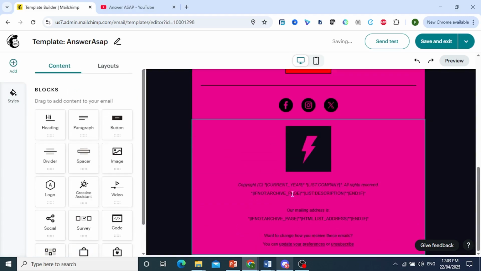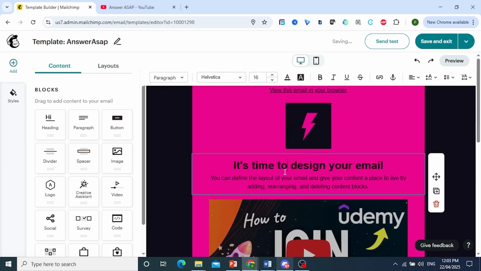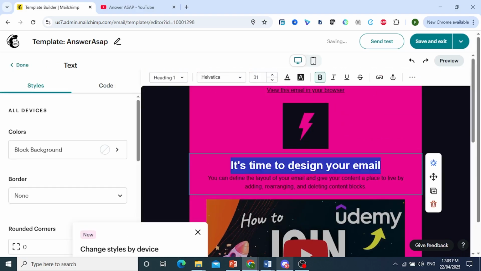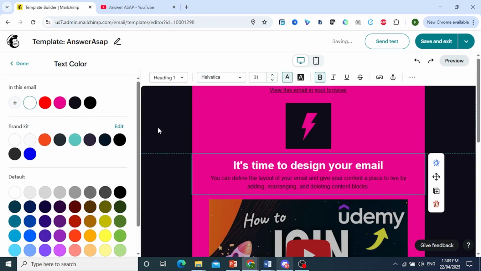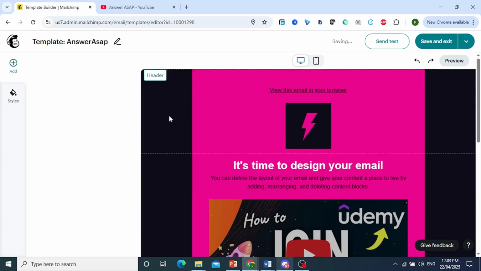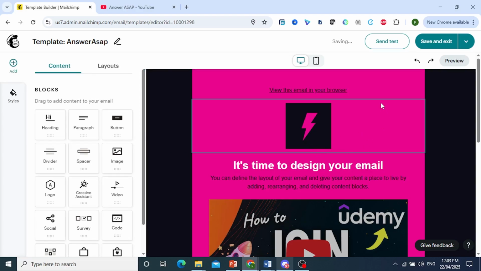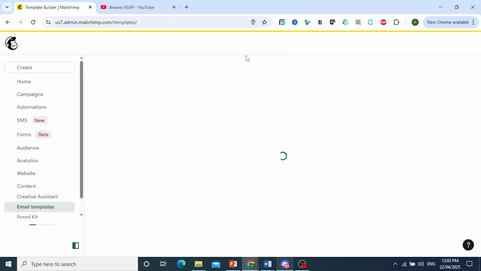And you can customize everything here, guys. Anything you want. You can change the color of the text. Okay. If you feel that white would look much more visible, go ahead and pick that up, right? And then at the end, just come right at the top right, click on save and exit. Once you are done,